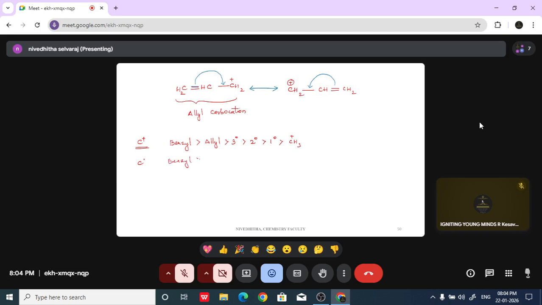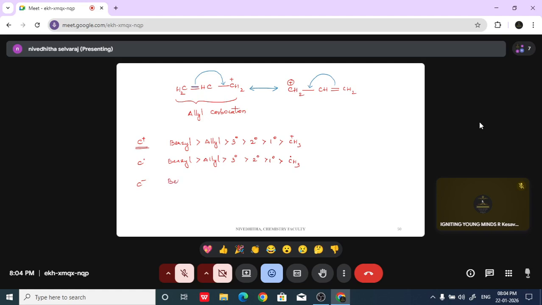Benzyl, allyl, tertiary, secondary, and primary. As far as carbanion is concerned,